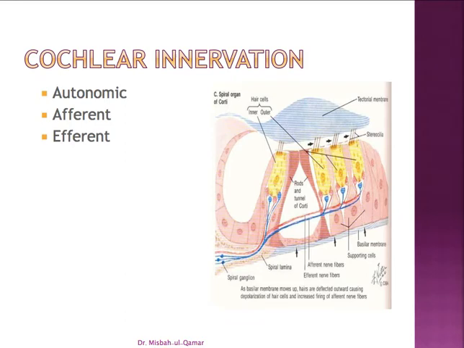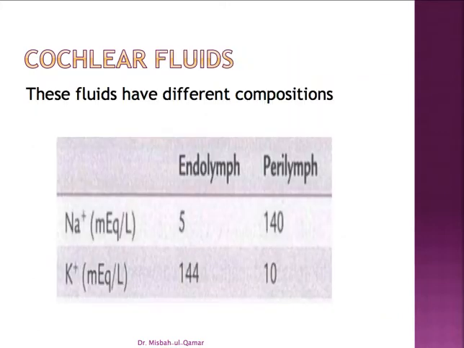Right, now we will have a look at the cochlear fluids. These cochlear fluids are the extracellular fluids. And these fluids are endolymph and perilymph. And as you can see in the figure, they have different chemical compositions,